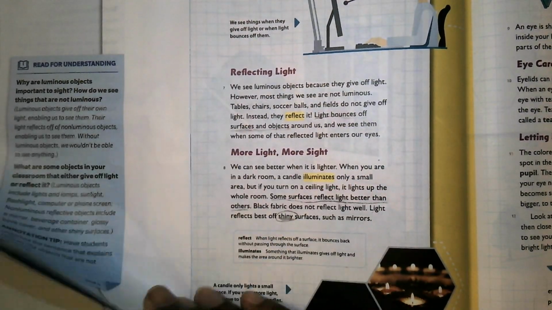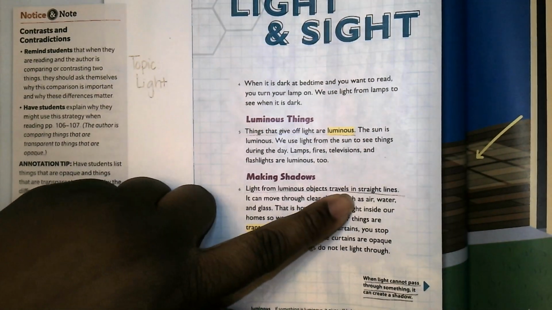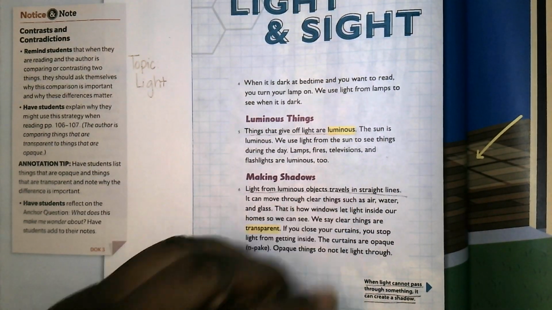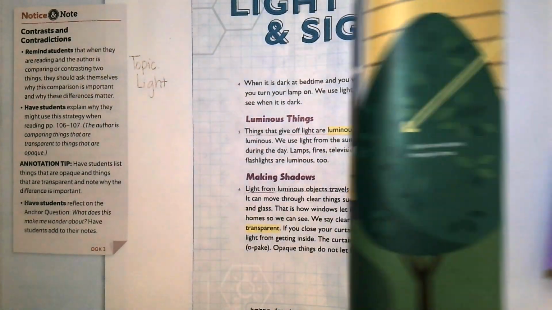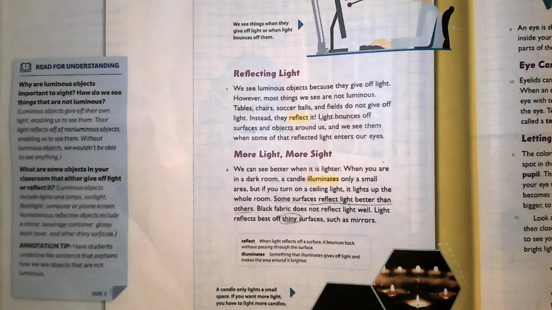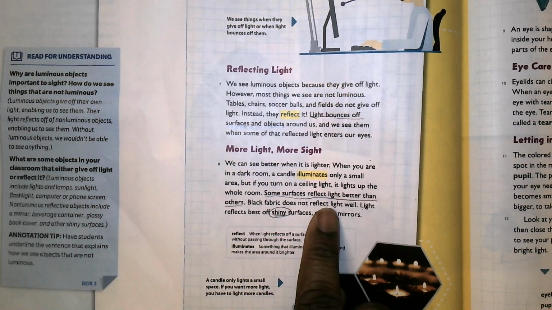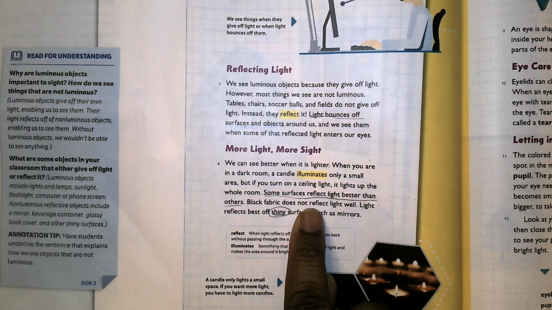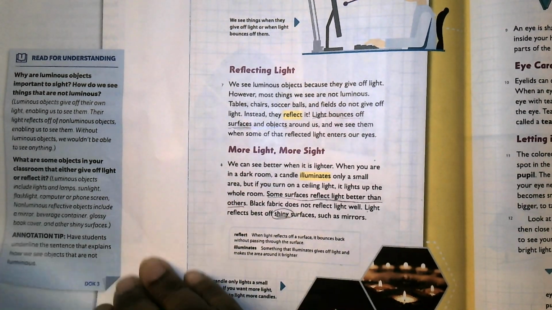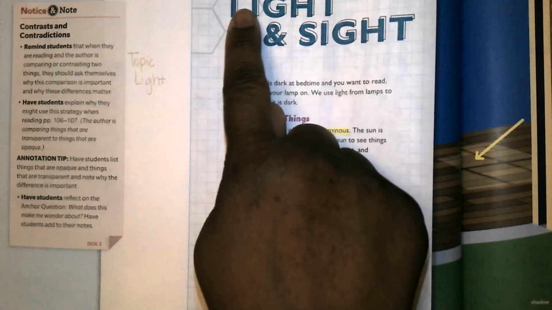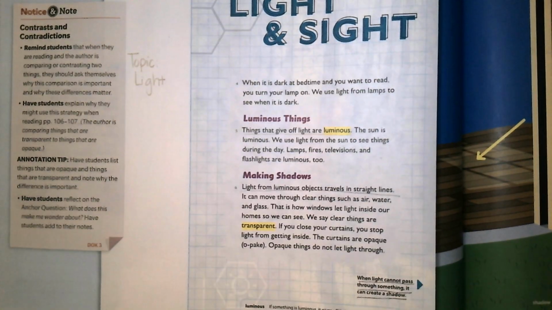After reading about light being luminous, light sometimes traveling in straight lines through something but not through others to create shadows, light bouncing off of things, light sometimes reflecting better when it's coming off of shiny surfaces, what I think that they're trying to teach me about light and sight is